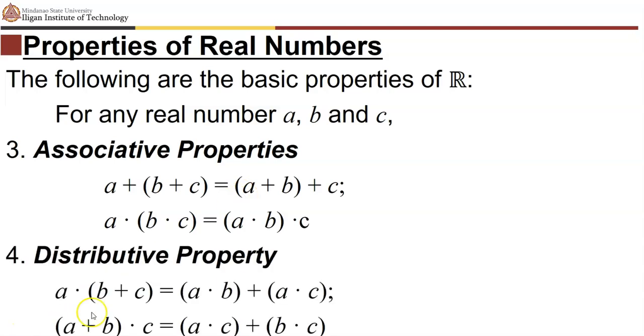You also have your distributive property. Your distributive property says that if you have a multiplied with b plus c, that's equal to a times b plus a times c. And if you have a plus b times c, then that's the same